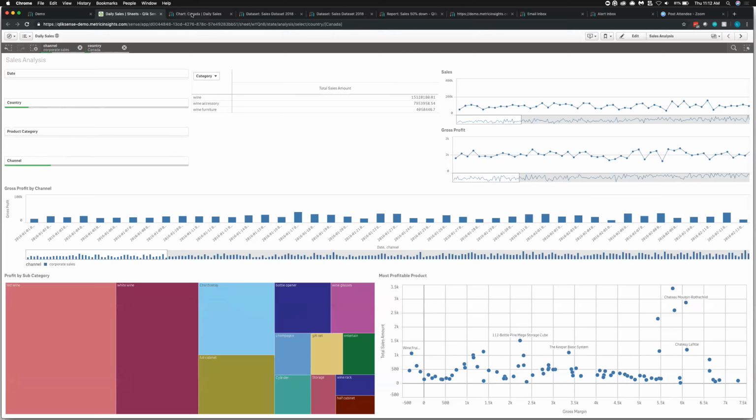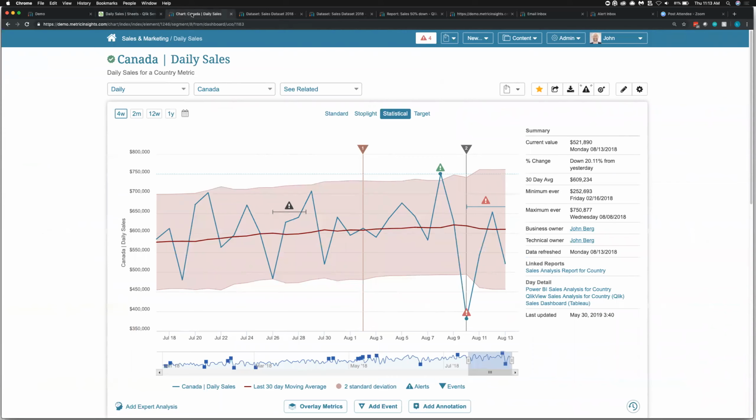So the first example that I have for that is the daily sales metric that we have. What you're looking at right now is a Metric Insights chart made out of data extracted from the Qlik Sense platform. On the left-hand side, you're noticing it's a pretty typical time series chart. You've seen those. We're looking at about 4 weeks worth of data right now. And you can imagine that when we're loading data from Qlik Sense, we're getting the dates and the current values